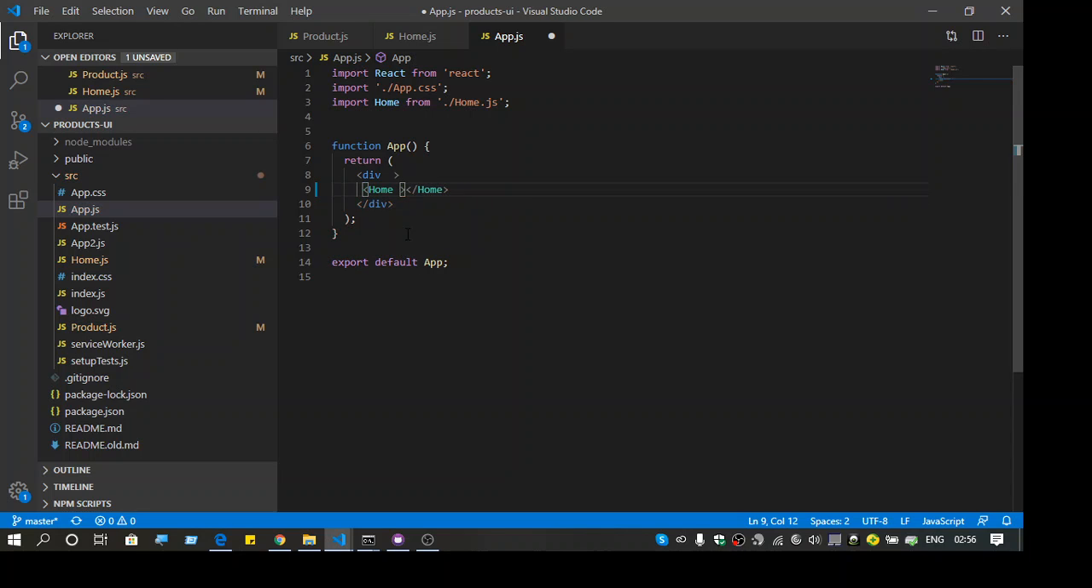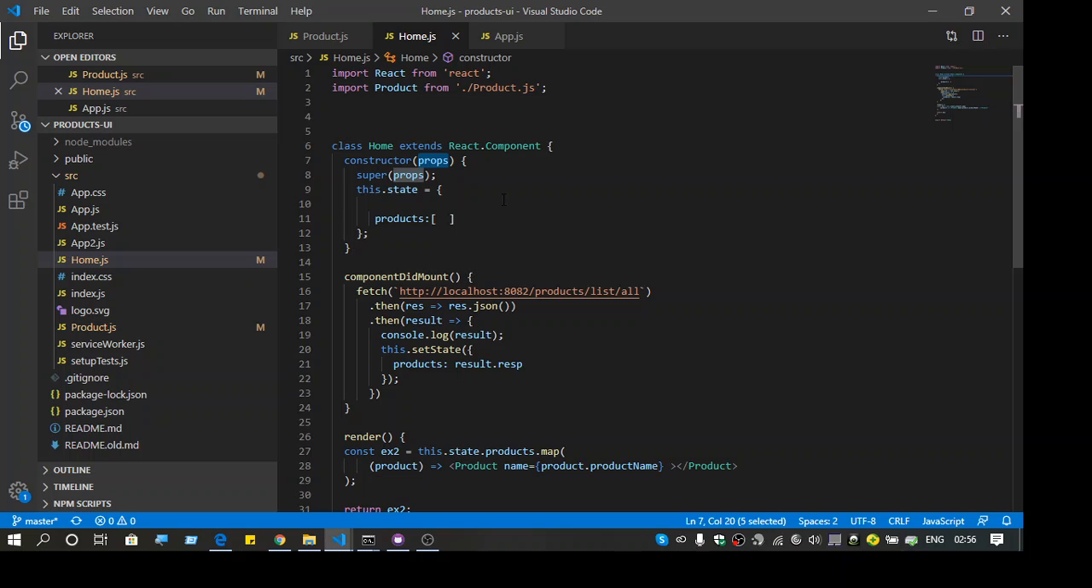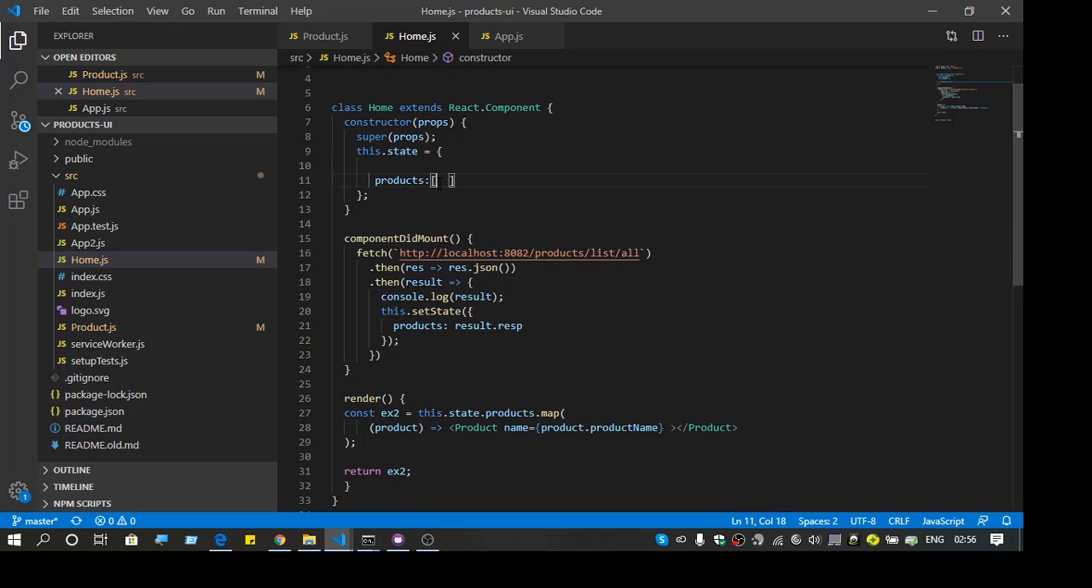This is just for explaining this props. We can give any name, something. So it will get passed to the home component in the props. So we'll see that. Products is here. This is an empty array. So this gets filled